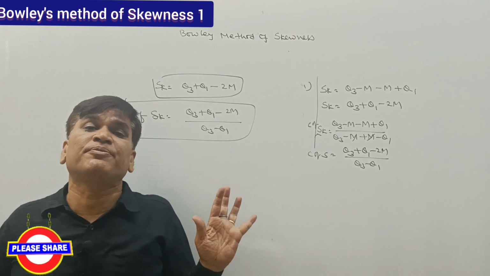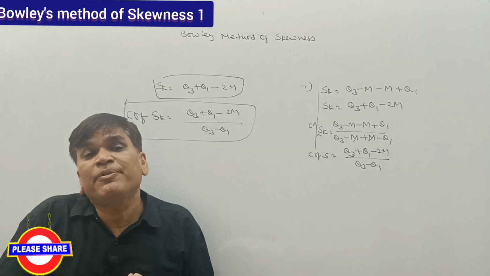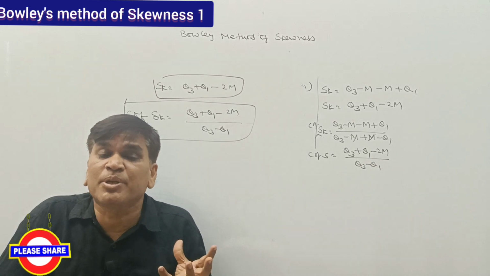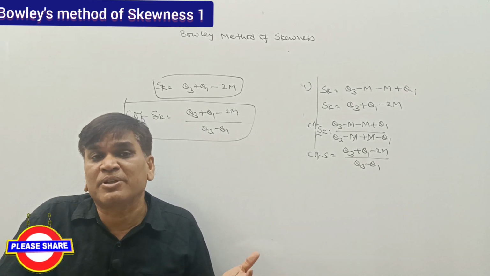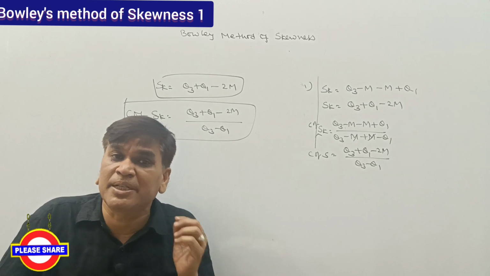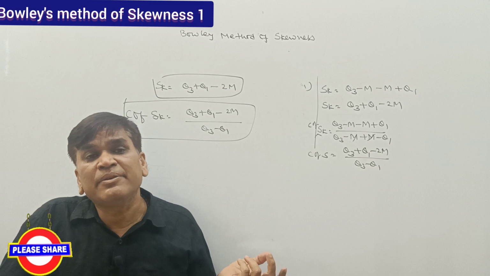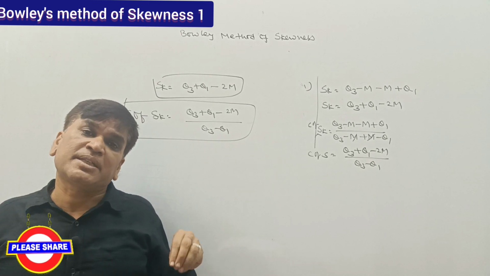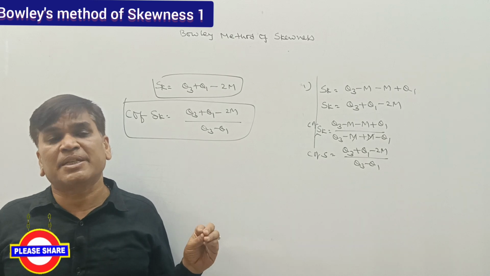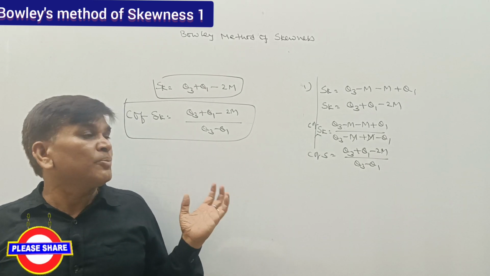We are not using the whole series, we are using only the 75% part of the series, because whenever we are calculating Q1, the value shows that 25% of the data. If we are calculating the median, that shows the 50% variation of the data. And if we are calculating the value of Q3, we are showing the 75% expansion of the data. So no problem at all.